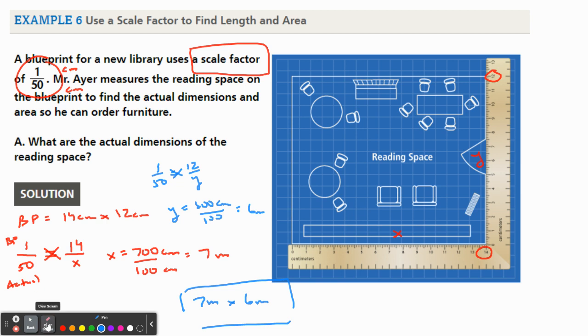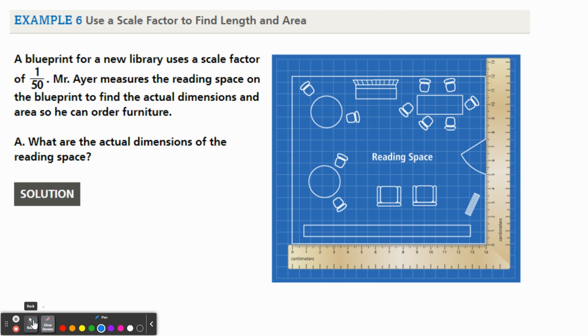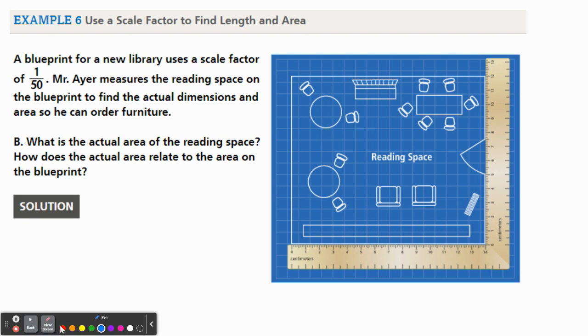Okay, and one more problem involving this picture here on the next slide. So now it says, what is the actual area of the reading space? How does the actual area relate to the area on the blueprint? Okay, so actual area of the reading space. So a couple things, right? So if we take a look,